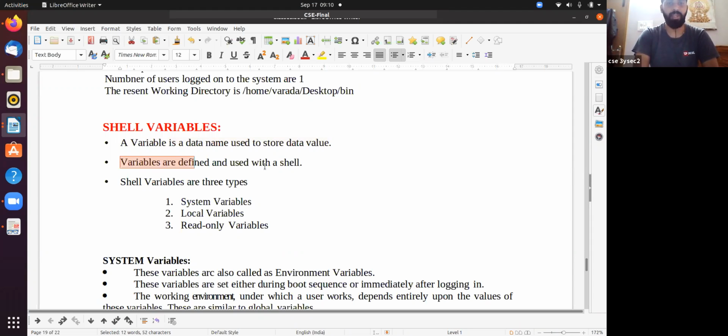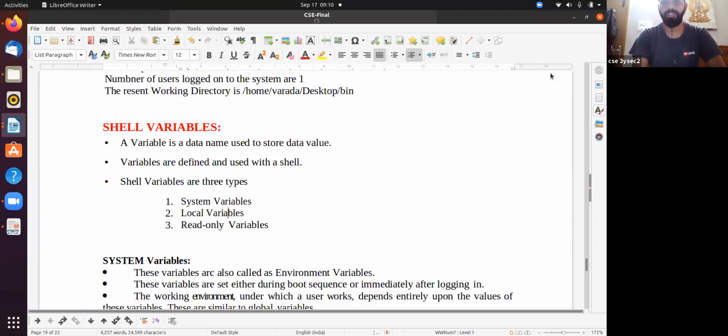Variables are defined and used within a shell. Shell variables are of three types. One is the system variable, the second is the local variable, and the third is the read-only variable. You can identify the difference between these three simply by seeing their names.